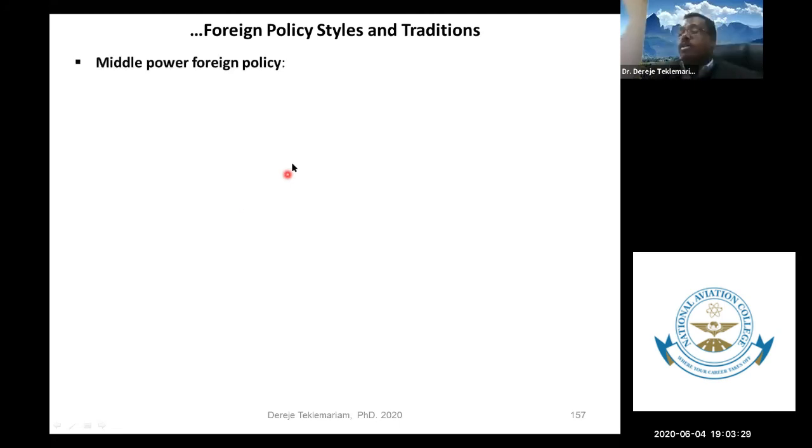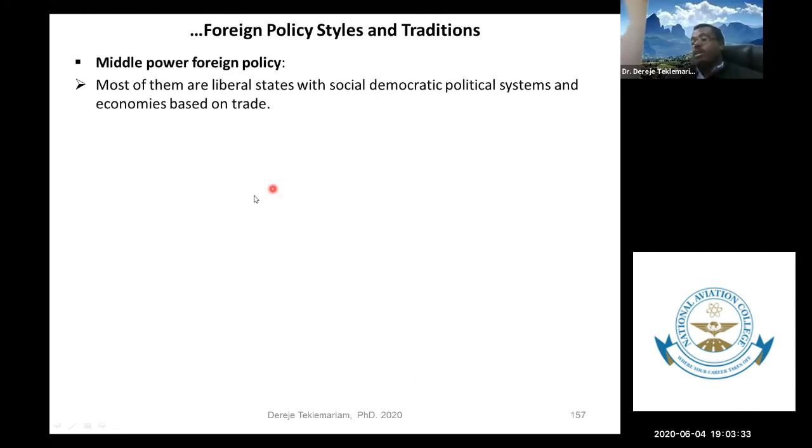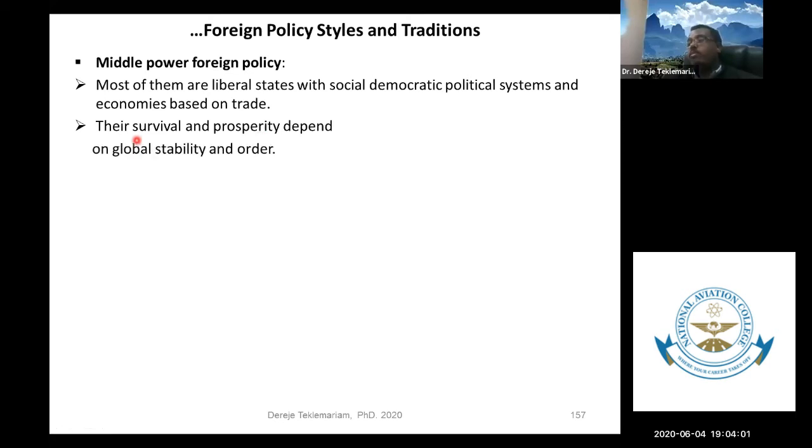So far we have seen the great powers, and now when it comes to middle power foreign policy, most middle powers are liberal thinkers, liberal states, and mostly they believe in social democratic political systems. A very good example is Germany. They believe that their survival and prosperity depend not on hegemony and dominance, but on global stability